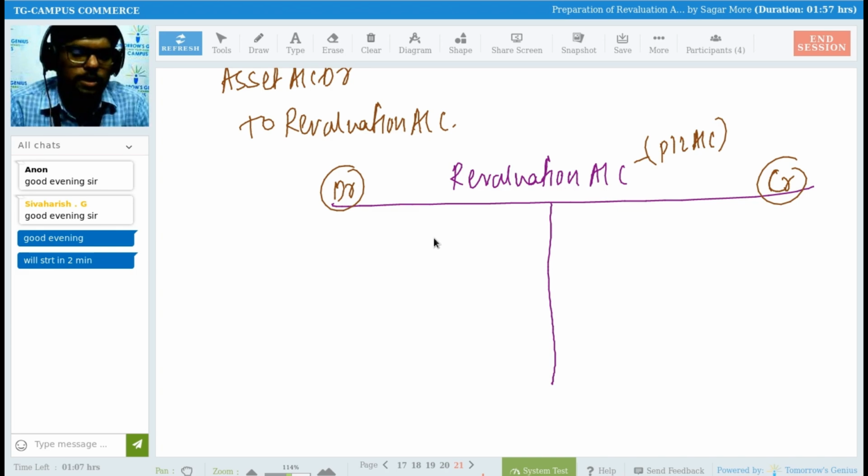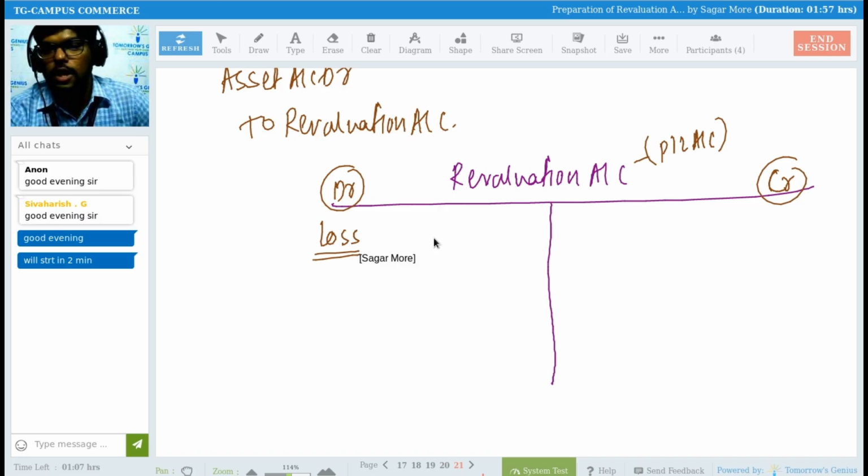Profit and losses, or expenses and losses? On the debit side of the revaluation account, what do we write? Losses or gains? Expenses and losses. So on the debit side, we have to record loss. And on the credit side, we have to record